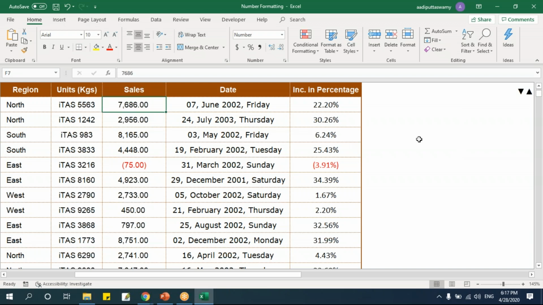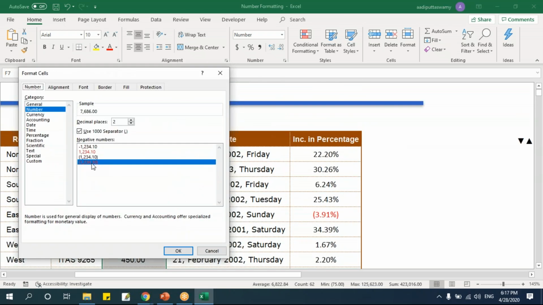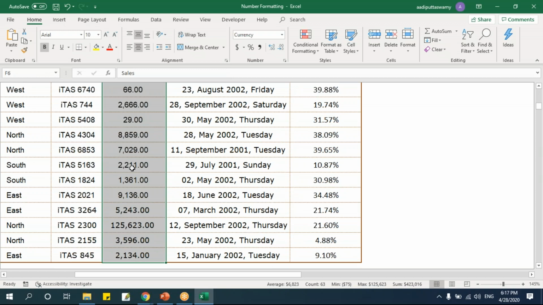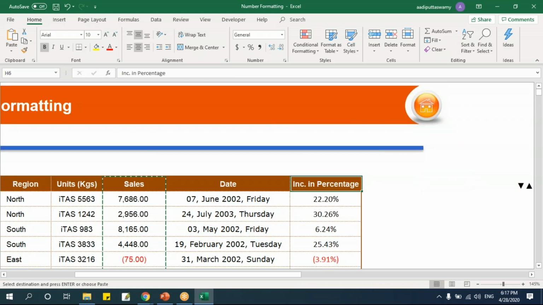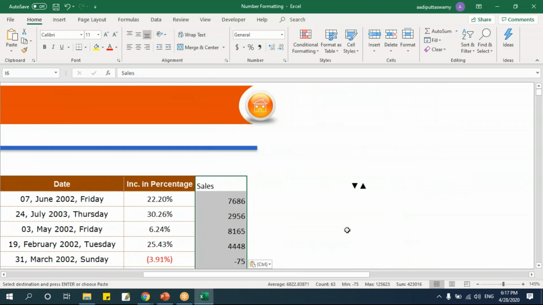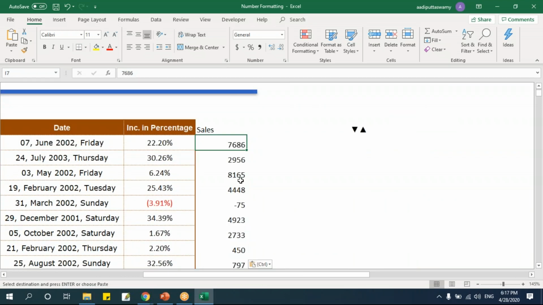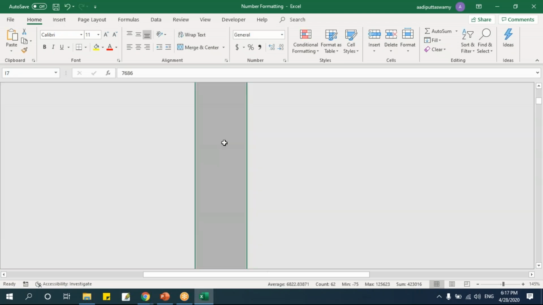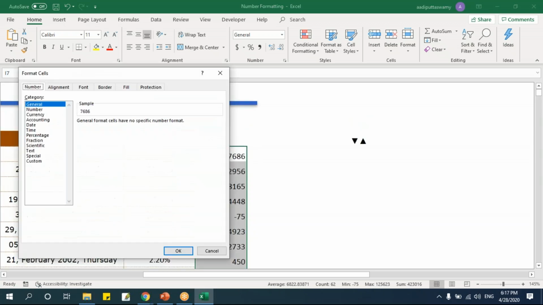So what to do with this? See here what I did, I just took one format, I made it as a color here. Now let me copy this so that it will not disturb that format. I just paste it as values. Now let's format this. Any value above 1000 should have the up arrow, any value below 1000 should have the lower arrow. How to do that? Let me copy these two. Let's select the number, control 1.